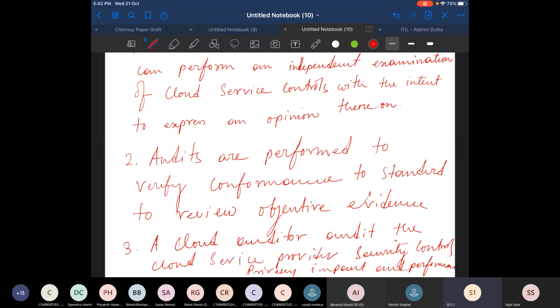Shall I repeat it? Yes, sir. A cloud broker as an entity that manages